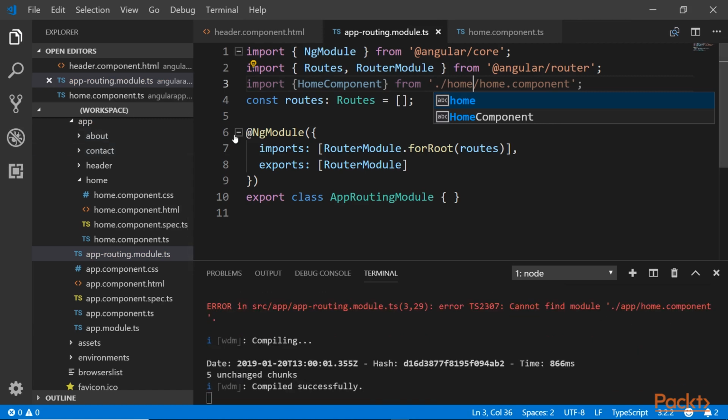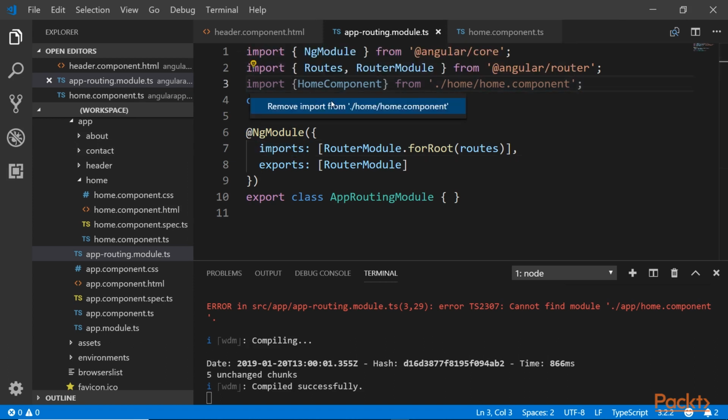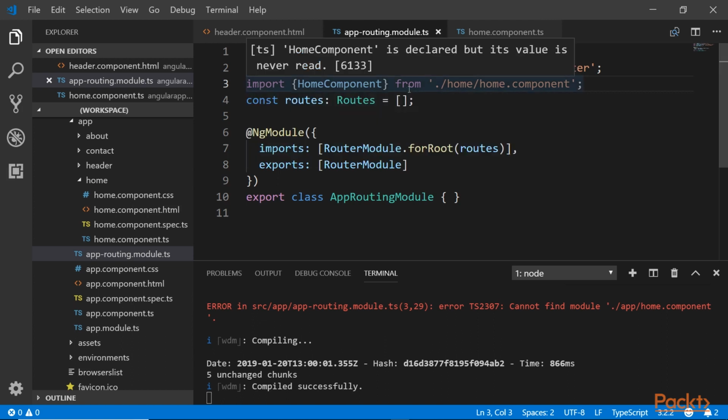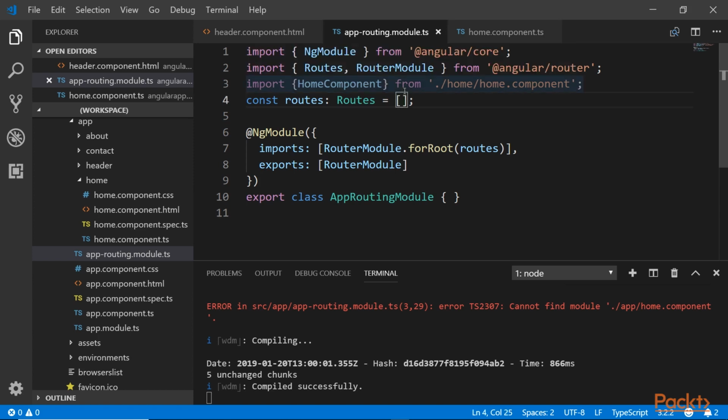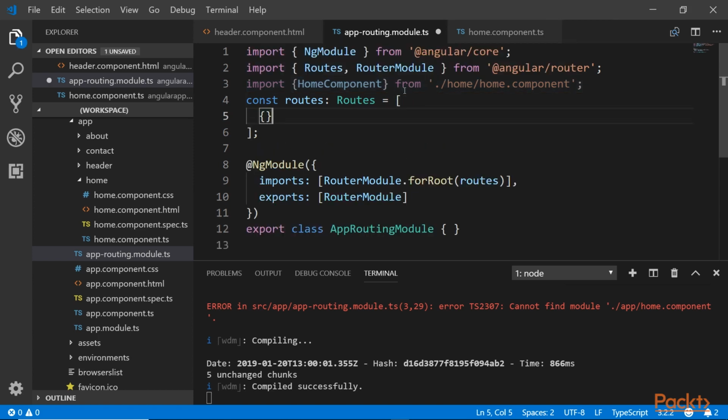Now I'm doing the correct thing, but still you can see that it's not in color mode. If I just go there, remove, no, I'm not going to remove that. Why is it asking me to remove? It's telling us that the home component is declared, but its value is never read, because we have this line of code unused in this page. So why not remove that? But we're actually going to work on this line now. And how am I going to work on this? Curly braces,